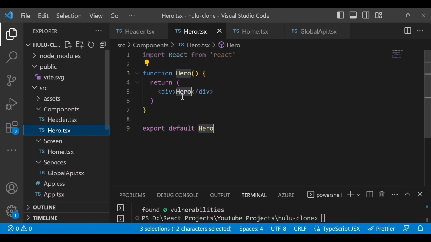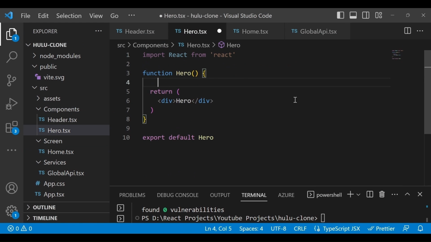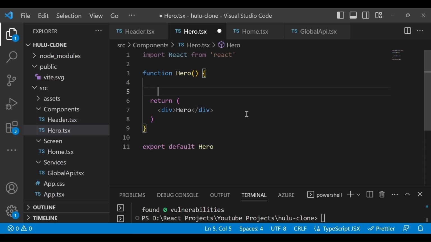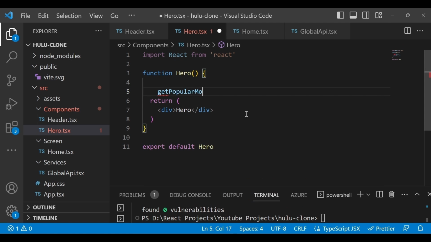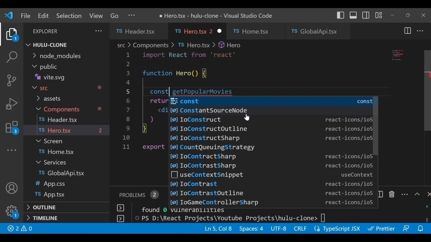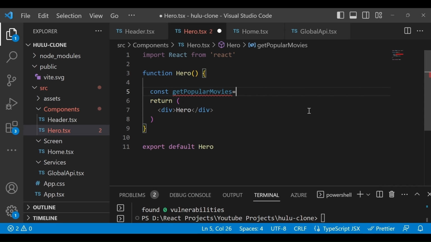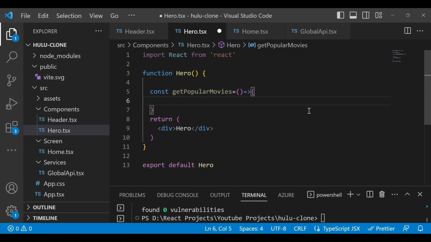So let's go back to hero. Here let's understand how we can fetch the data. Right now we store our API in global API.tsx, correct? So what I will do is create one method called get popular movies, and in order to define this type of method, you have to write like this, and then we will use the arrow function, like this.